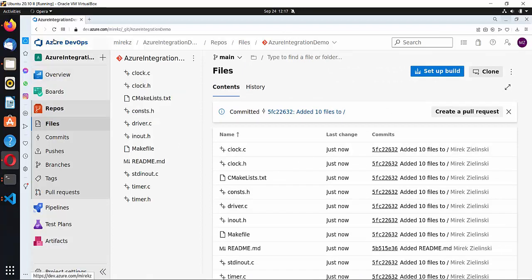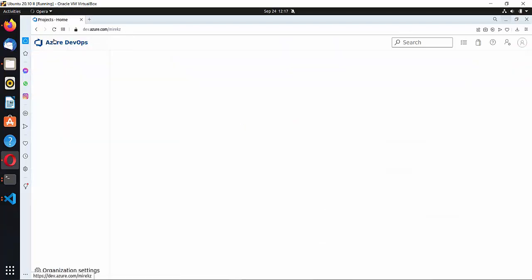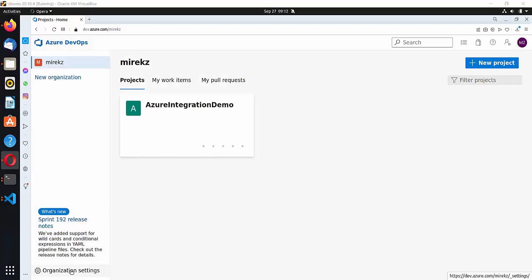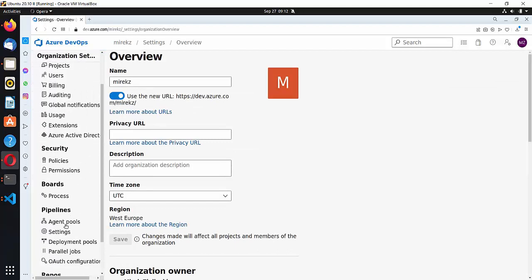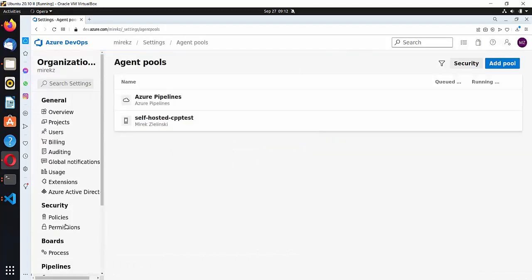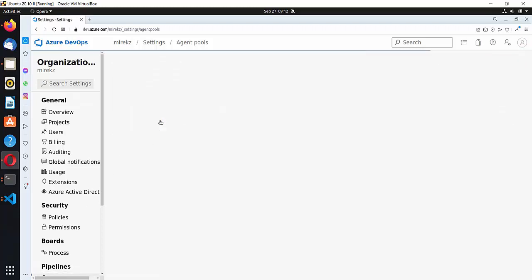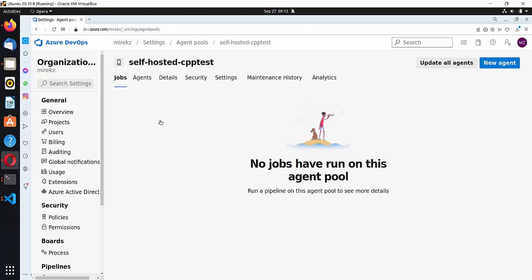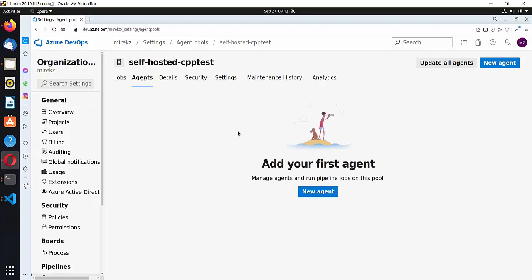We'll use our demo machine as an Azure agent. Let's go up and select Azure Organization Settings, then Agent Pools. Here I will select Self-hosted CPP test. This is the pool I've previously added to my organization. There are no agents assigned to it yet. So let's select New Agent